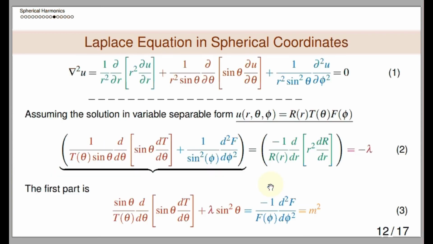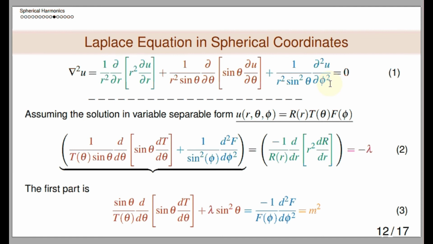Now looking at how these spherical harmonic functions are derived, I am not going into all details, but this is just scratching the surface. You take the Laplace equation in spherical coordinates. What you see in this green color is with respect to r, this is with respect to theta, and this is with respect to phi, and it has sin square theta here.